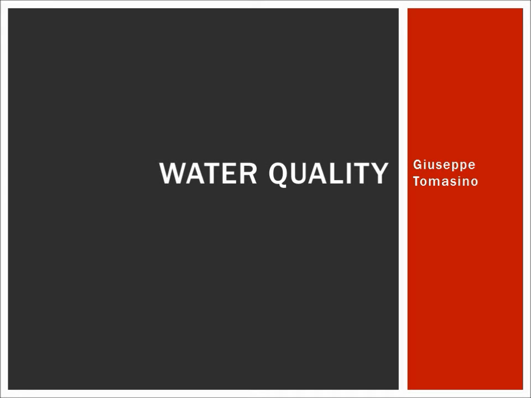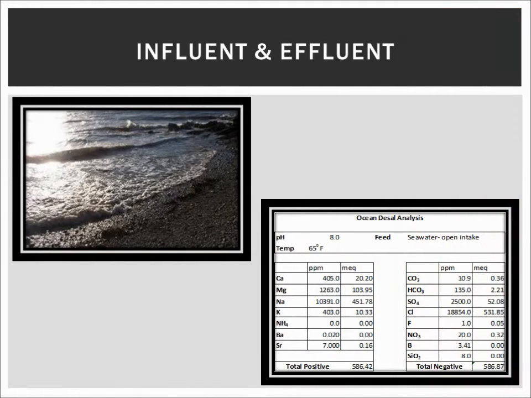This section will briefly outline the water quality of the influent seawater and effluent product water and brine discharge. Since the intake will be open ocean, the water quality will be highly variable depending on local pollution sources and time of year. The major difference with open ocean intake is the amount of solids that will be entering the plant. There are a few other water quality characteristics that will be investigated, including temperature, pH, dissolved oxygen, and salinity